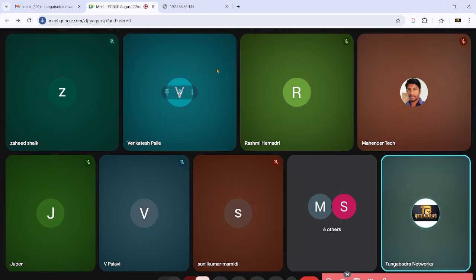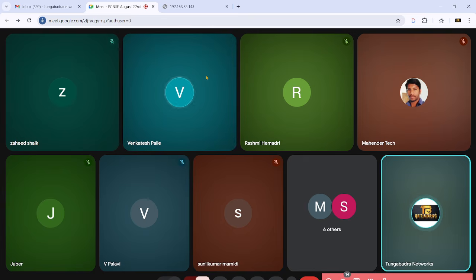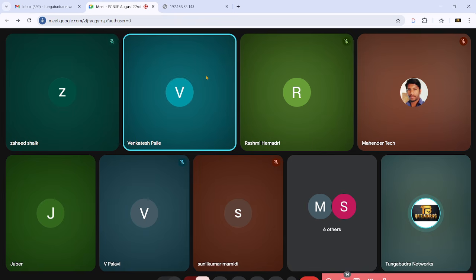Tomorrow and the day after tomorrow, we don't have any class. So I will provide you with the list of software that you need to download, required for our Palo Alto lab. You can download it and keep it handy, in any folder on your laptop, so that it will be handy whenever we are setting up the lab. We are going to do the lab setup on Tuesday.